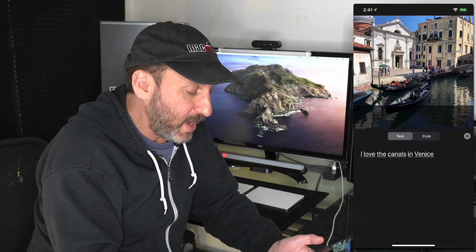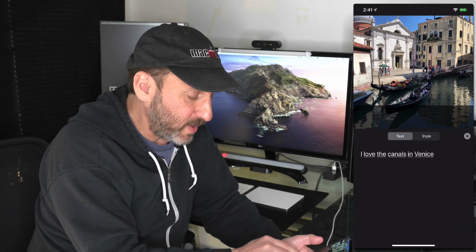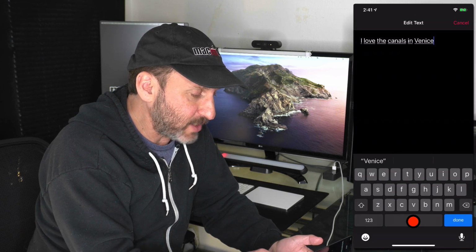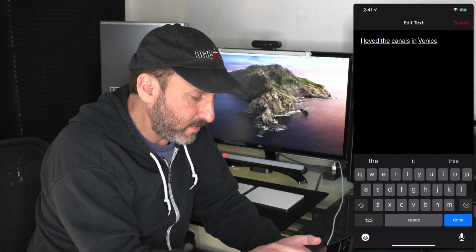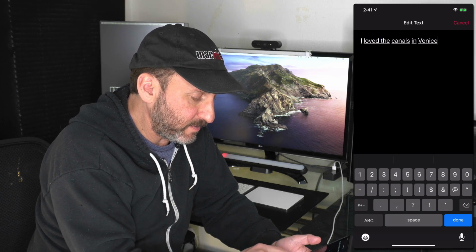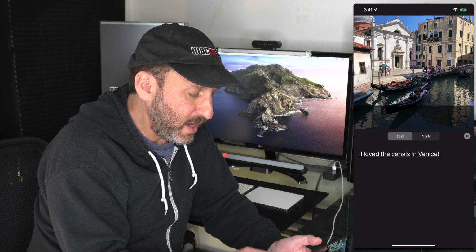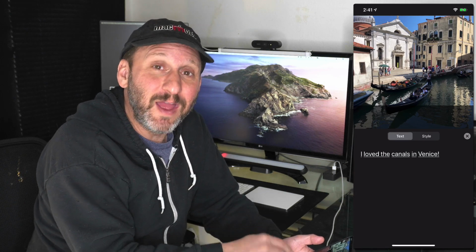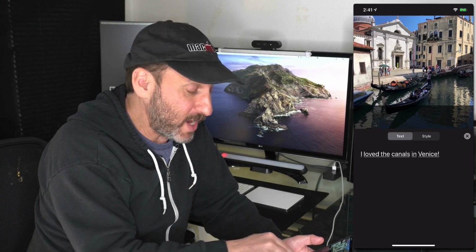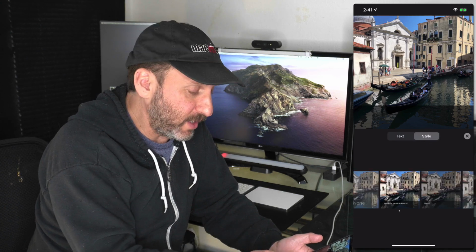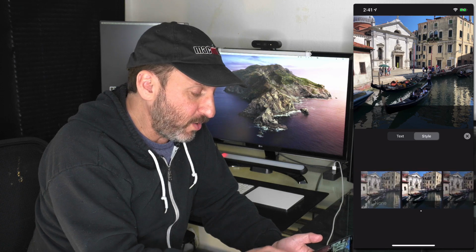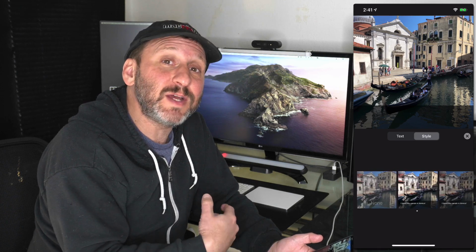I can tap and you could see there's the text of what I said. So now I can actually tap in there and edit the text. So I can correct the mistake and maybe even add something. You don't want to change it completely because the audio is still going to be shown. So if I change the text there what I'm saying wouldn't match what the text was. I can also edit the style here so I can go and choose another way for the text to appear or I can choose none to just have the audio there but no